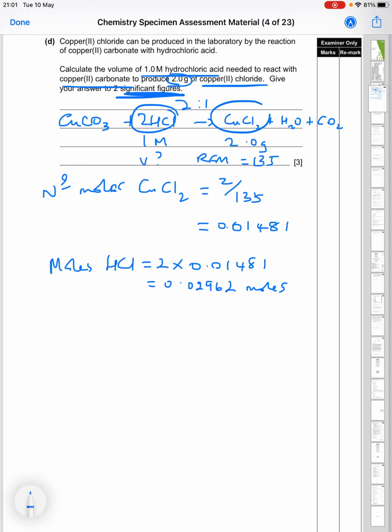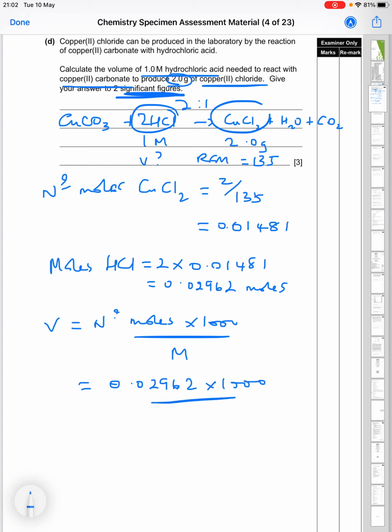And then we can use number of moles is the molarity times the volume over 1,000, or we can work out volume as the number of moles times 1,000 divided by the molarity. So that is 0.02962 times 1,000 divided by 1, which gives us 29.62